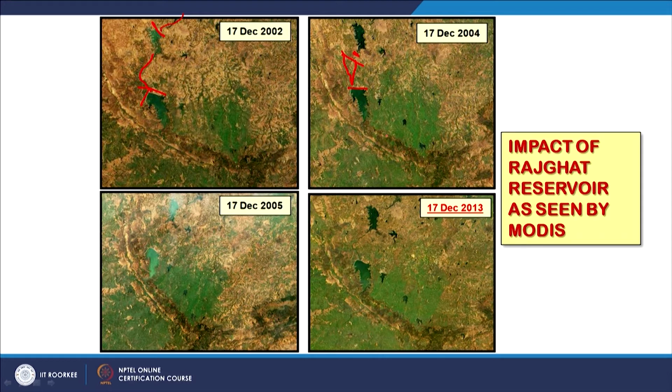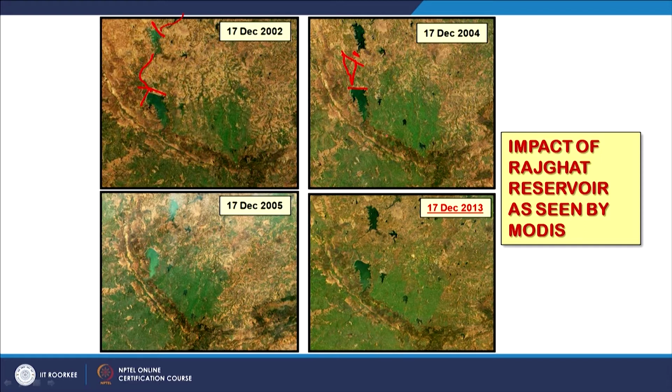So this is what needs to be done: wherever possible, construct reservoirs. They may not be large reservoirs; I am not saying anything about large reservoirs. Maybe small reservoirs, which do not require much time to construct, maybe 2-3 months, with local material and local people, on small streams, and that too in cascading. The tail of one reservoir ends, another starts, and so on. When the monsoon comes, all these successive reservoirs will be filled, and then they will recharge the groundwater regime, and the benefit will start coming very quickly, in 1, 2 or 3 years.